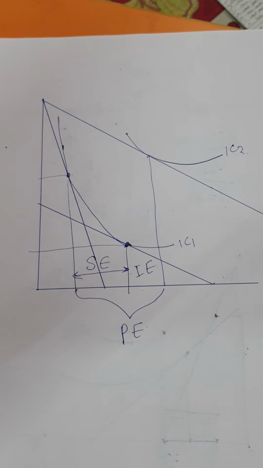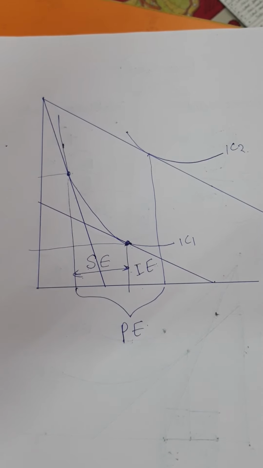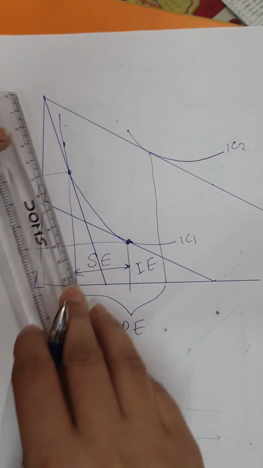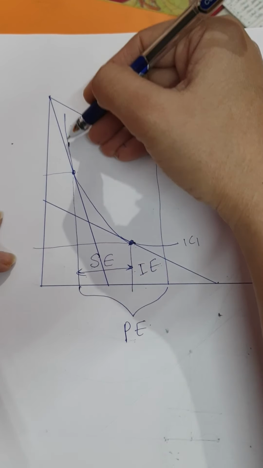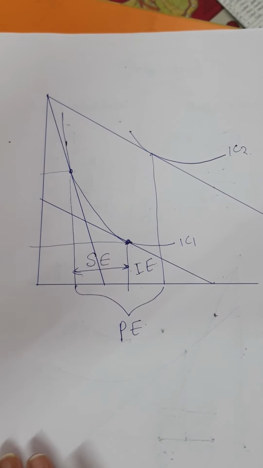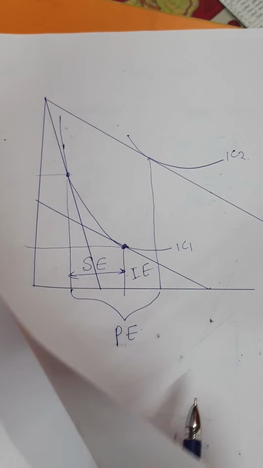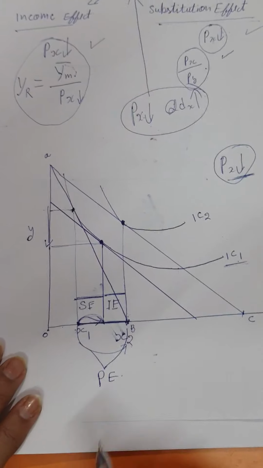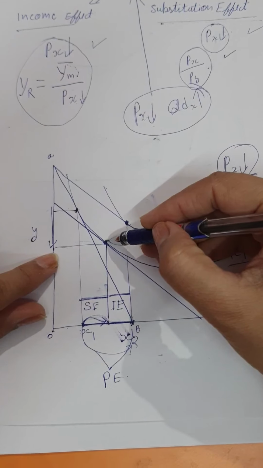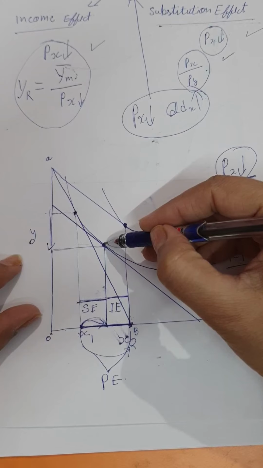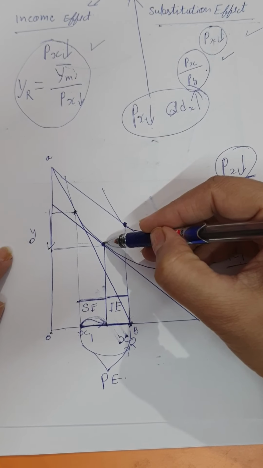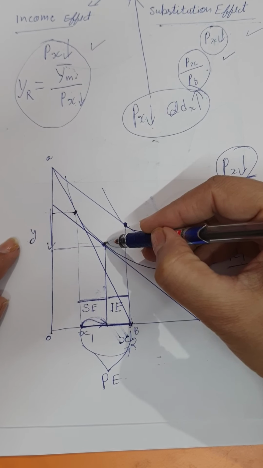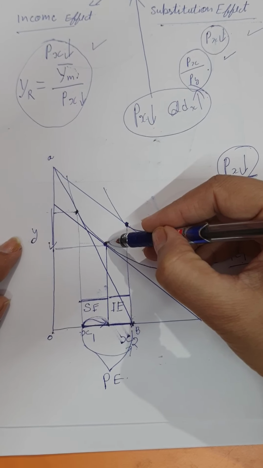So in this way you can draw this diagram properly. Keep a lot of difference between the slopes and draw this indifference curve very wide so that your diagram can be neat. Okay, now there is one controversy. What is that? On this point we are saying that consumer has substituted Y with X, because now he is facing a new price ratio and his purchasing power is still the same.